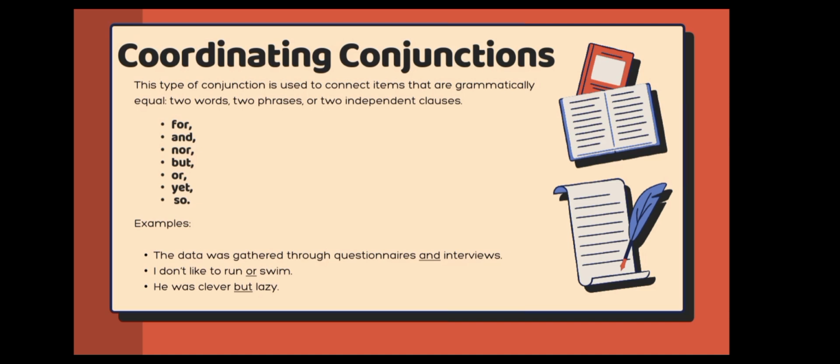And the last: He was clever but lazy. The two words used here to connect are clever and lazy, and the conjunction used is "but." Okay, so students, do you understand now? Okay. So the next is